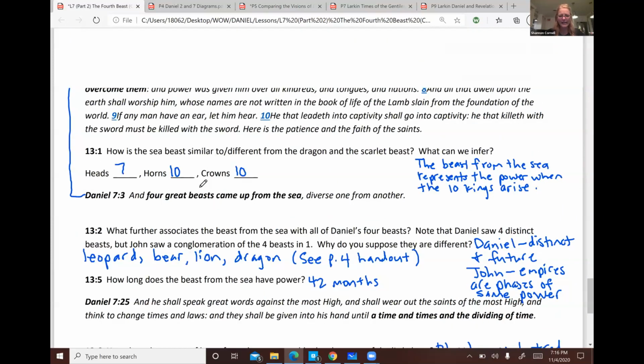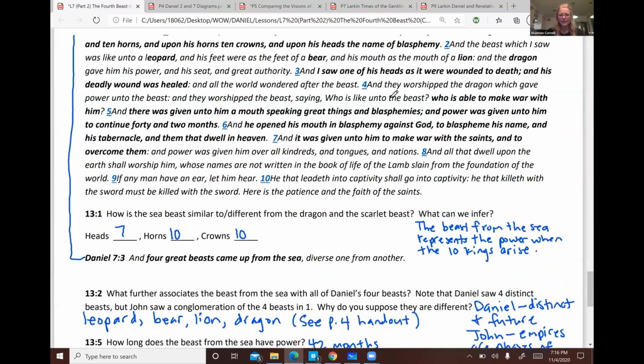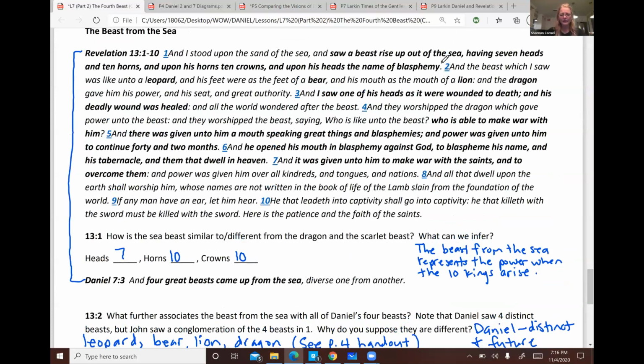Now look at verse 2 up here. The last phase of the beast of Revelation. And the beast which I saw was like a leopard. His feet were the feet of a bear, and his mouth is the mouth of a lion. And the dragon gave him his power, his seat, and great authority. So this beast of Revelation 13